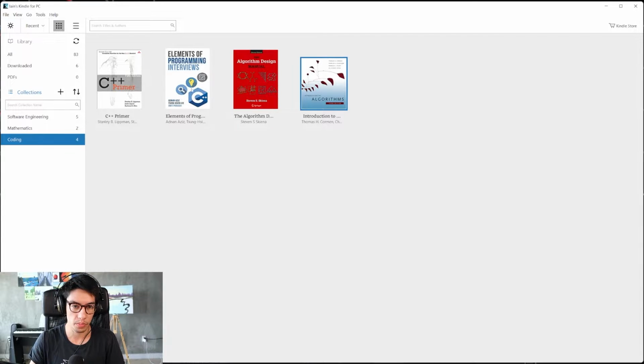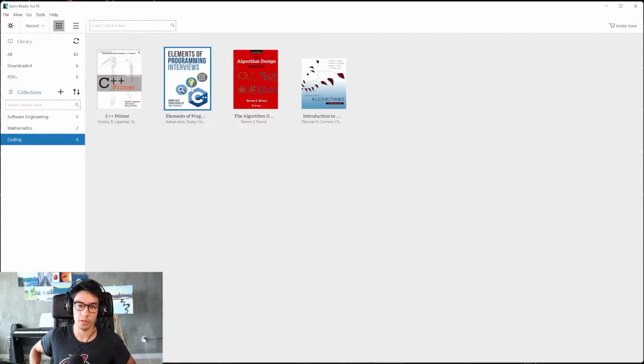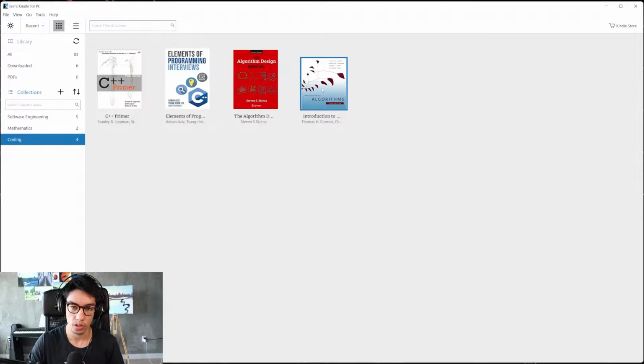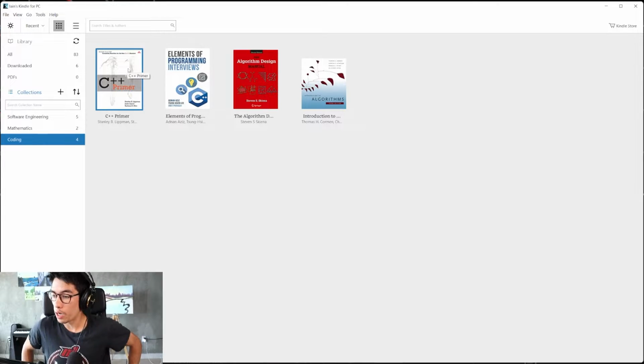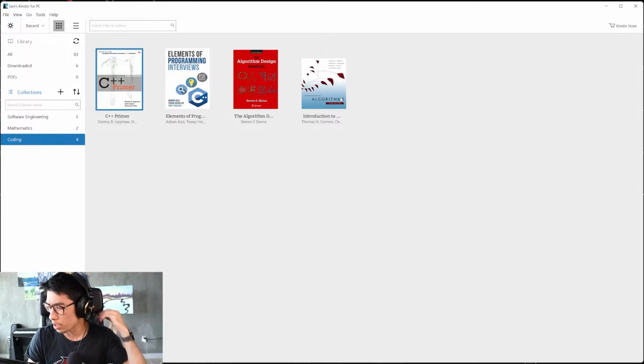But apparently this book right here, Elements of Programming Interviews, EPI, is a bit better. So I'm definitely looking to go through that, as well as read through some of the more theoretic kind of books. And as a side goal, I actually want to return to C++, which I haven't used in quite a long time, and I only used it really for an internship like 5-6 years ago.